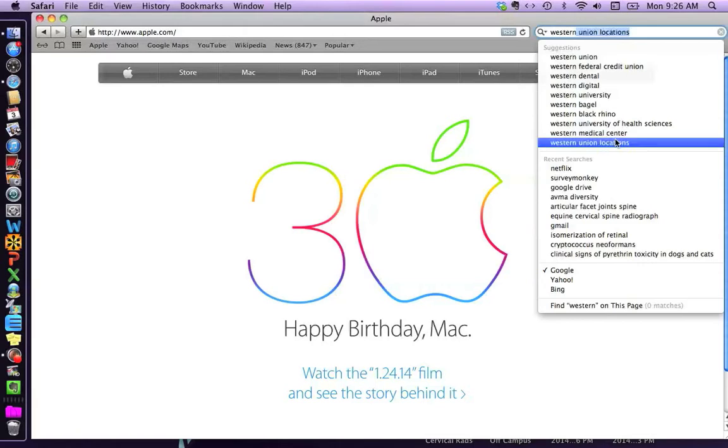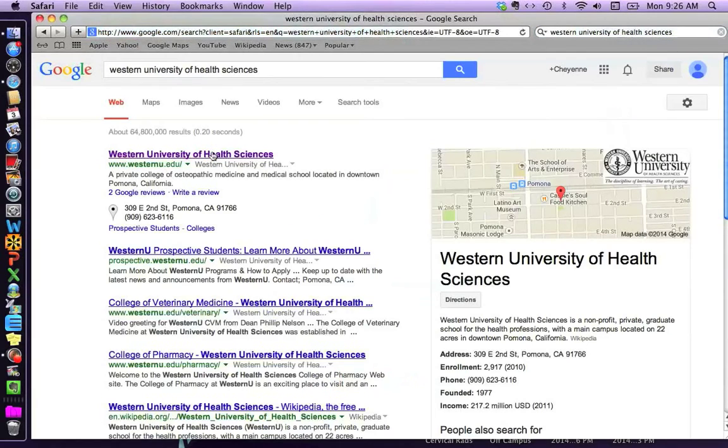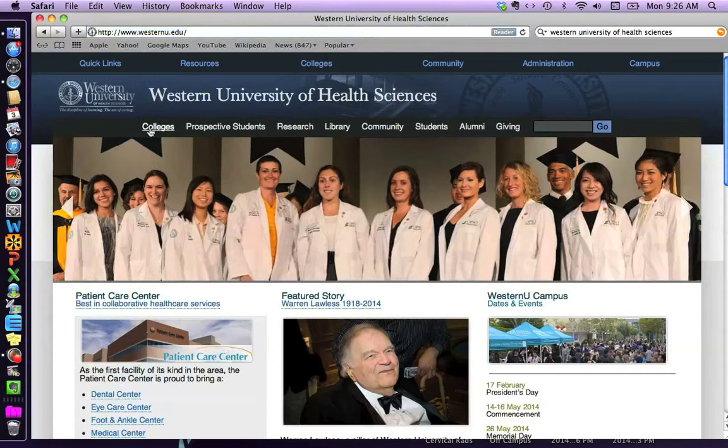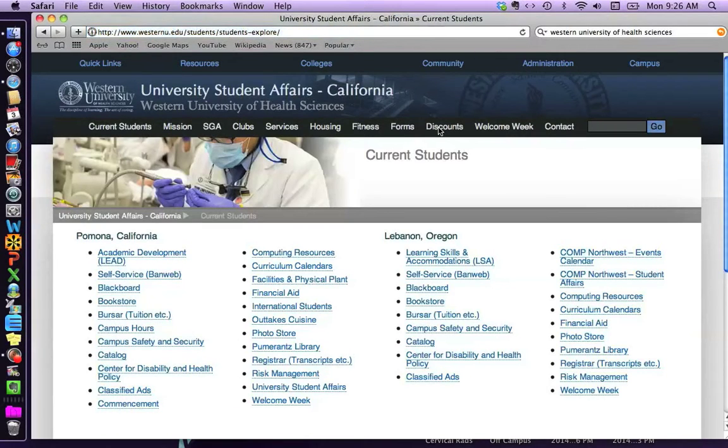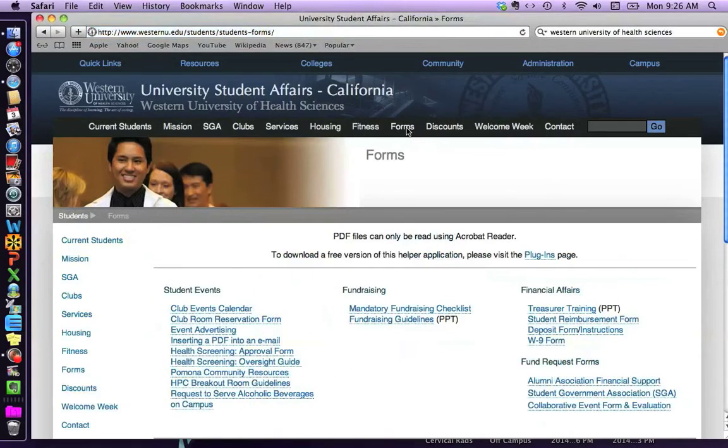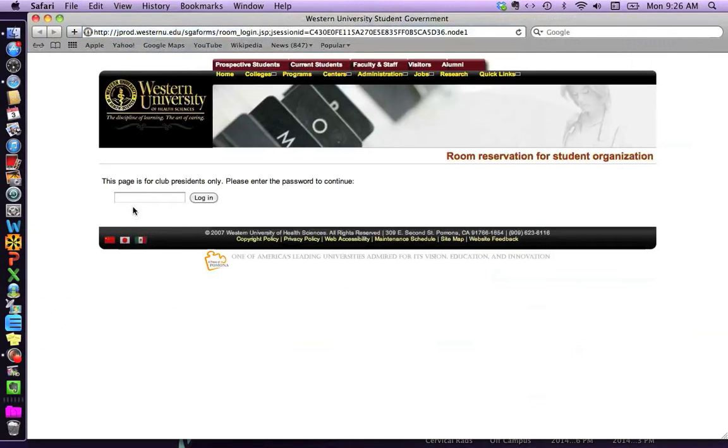So the first thing I want to do is go to the Western U website, and once you're there you're going to go to this top bar and go to the link that says students. Once you're here, then you want the link that says forms. Click that. And then under student events, it's the second choice, it's the club room reservation form. So you're going to go ahead and click that, and then your particular club is going to have its password,